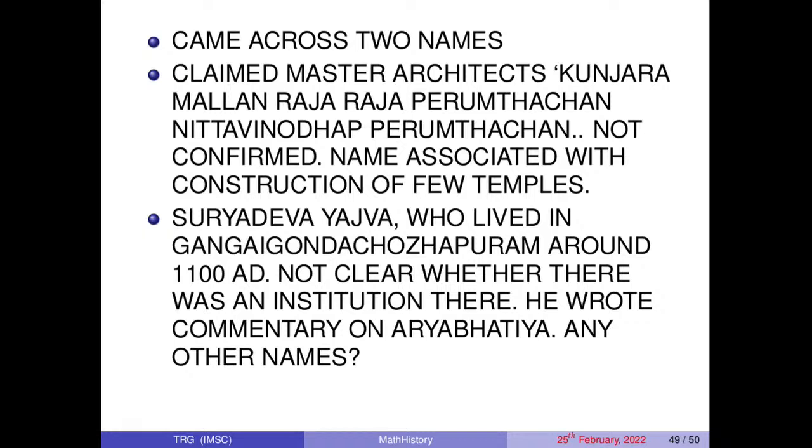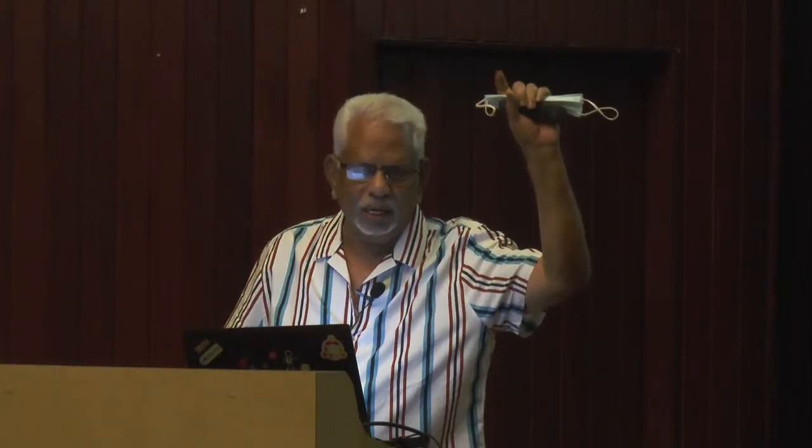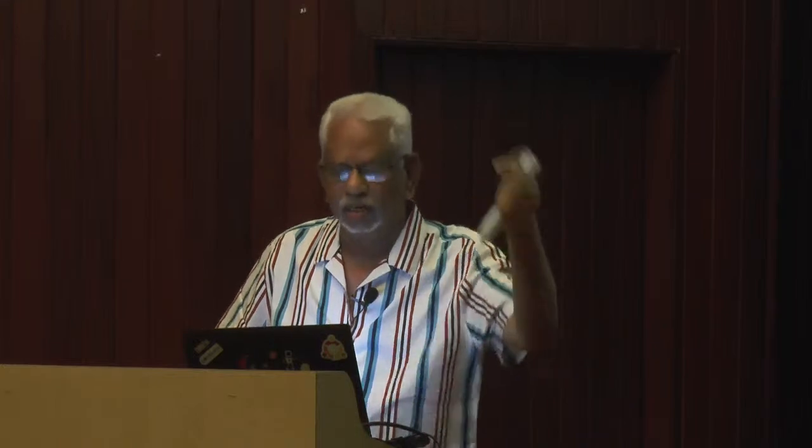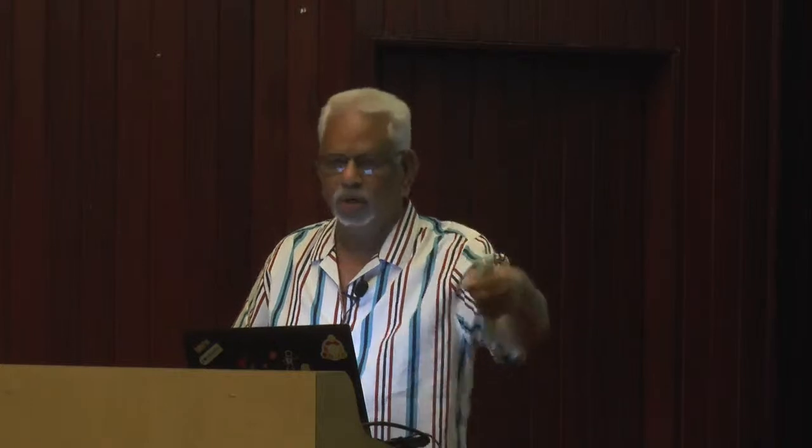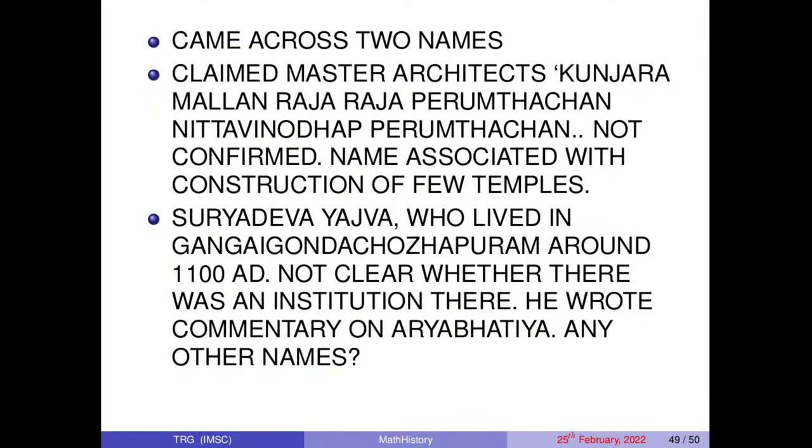This person actually lived in Gangakonda Solapuram around this time, 1100 AD. He was a brilliant mathematician of high caliber, probably trained from various sources in Ujjain and other places. He had also written a treatise on the Aryabhattiyam, explaining various things, adding his own extra notes. So it is not clear whether there is an institution in these areas who were able to